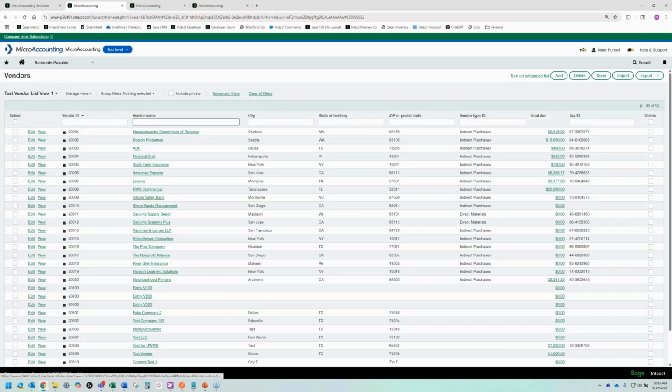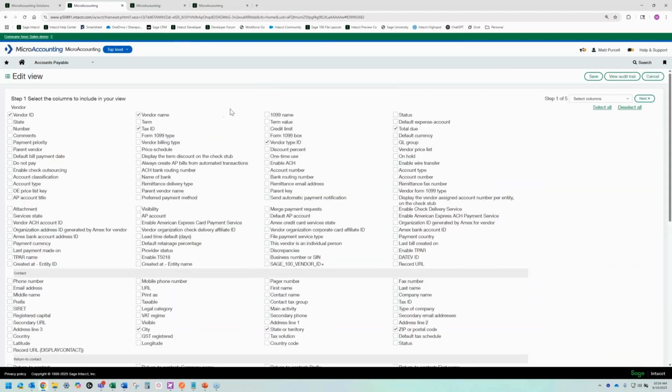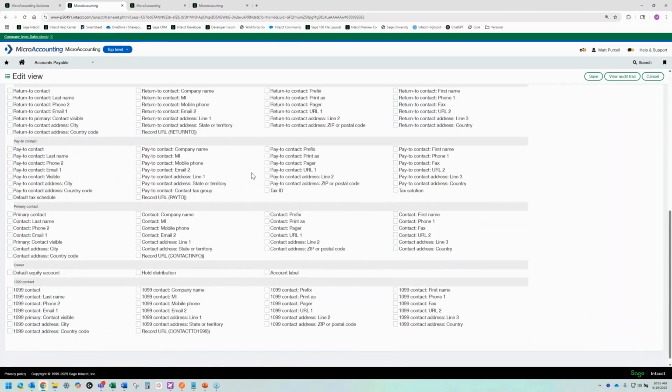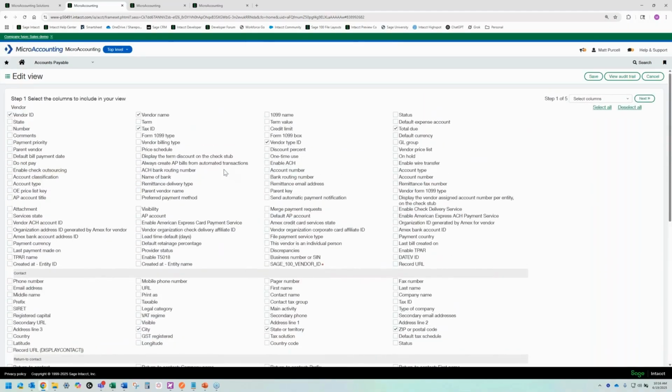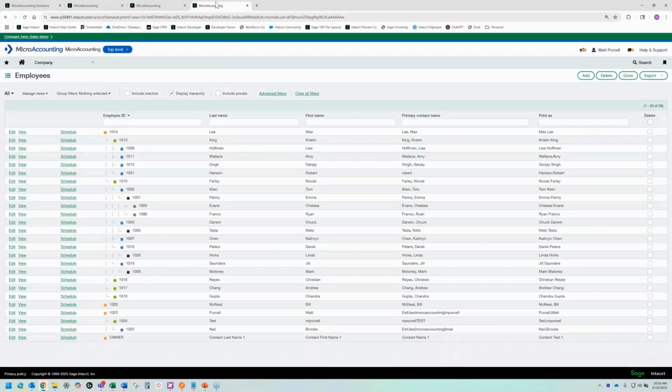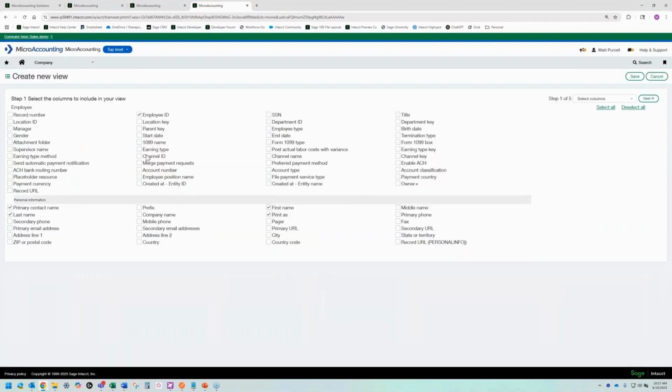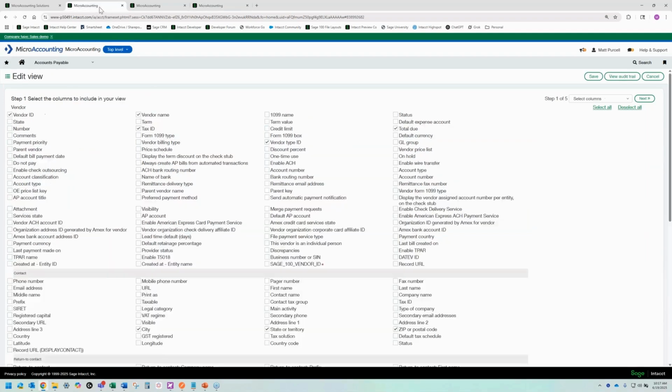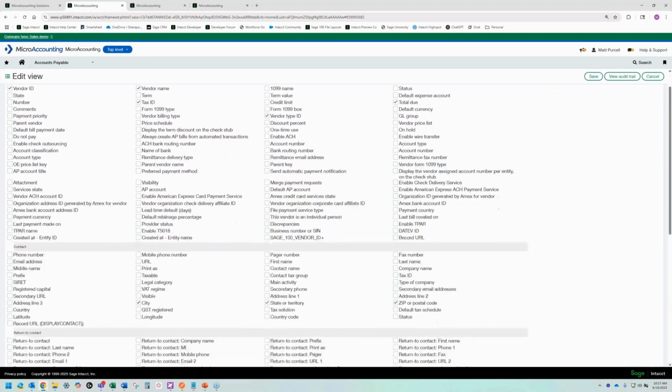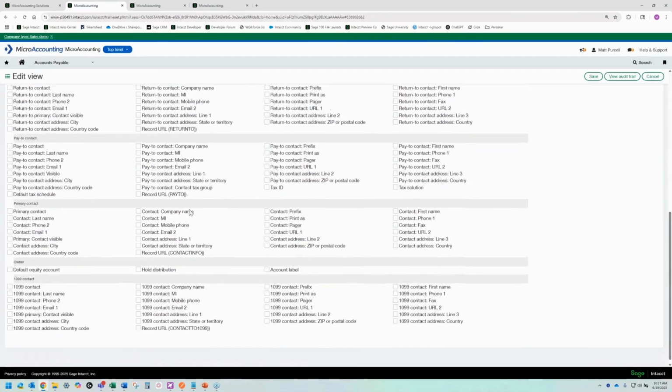So going into the setup wizard, the custom list view setup wizard is pretty self-intuitive in my opinion. It's got a lot of steps and it can be overwhelming, especially here at the beginning, with the sheer number of fields you can choose. But this changes for each record that you're trying to look into. For example, if I flip over to the employees list view and create a new view, as you can see, there are significantly fewer fields to choose from. The vendors list view tends to be the most cumbersome just because of all the related contacts and different information like that.